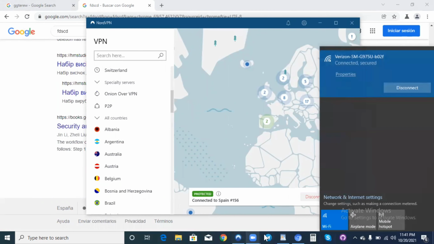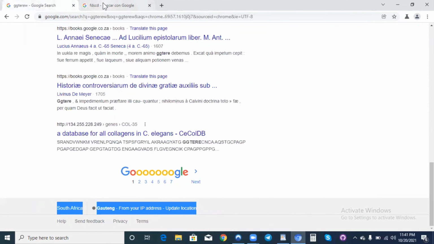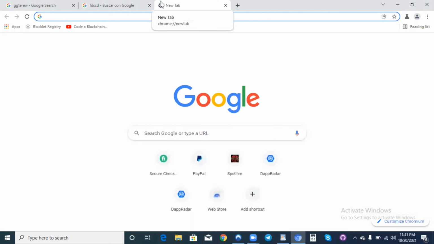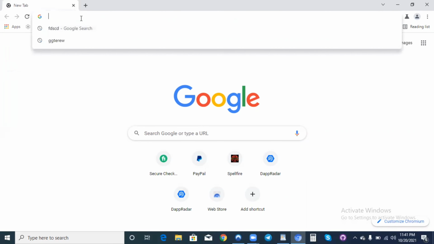So let's check other stuff we have here. Okay, we've talked about VPN. Then behavior. How can you make sure you don't get your account blocked? Is by making sure you deliver 100% quality projects, and by making sure you don't have issues with your buyers. If you're having issues with your buyers and probably your buyers just went to customer support and reported you, then you might have issues with your account. That happens a lot, and you see some people, they've just complained, my account got blocked, but I don't know what I did. You know what you did, and there are a lot of errors in your account management,